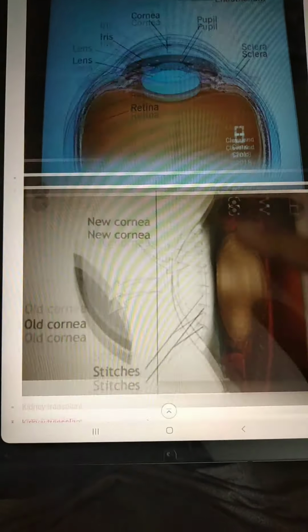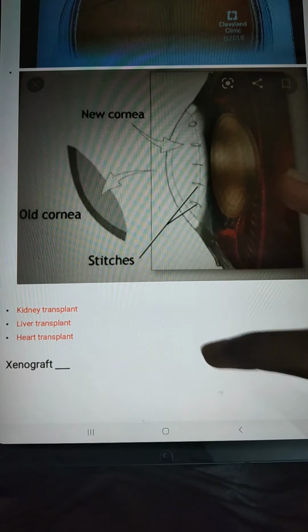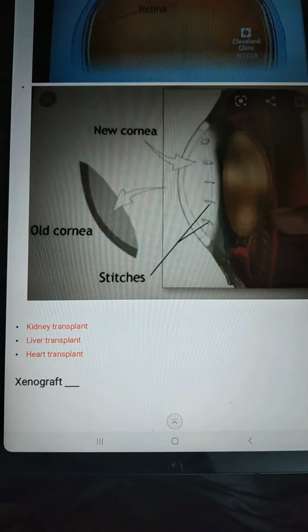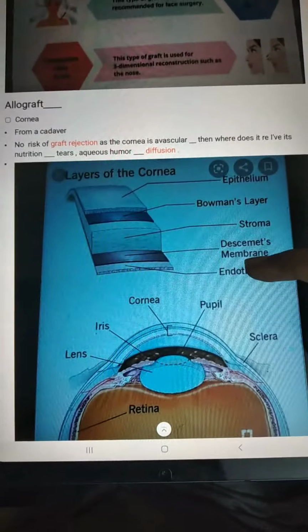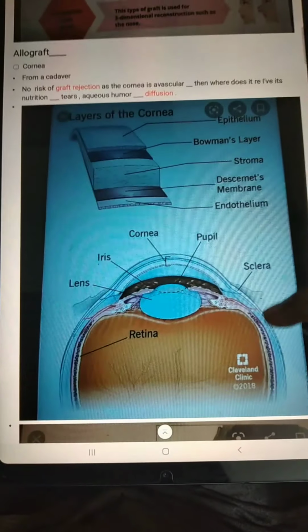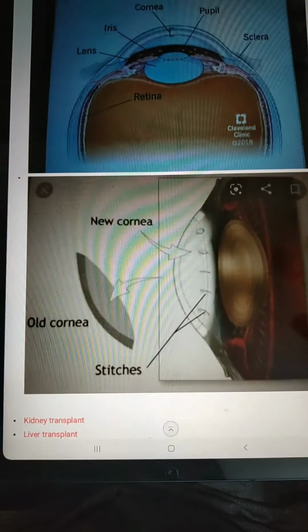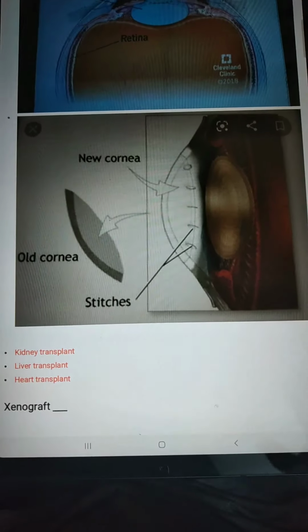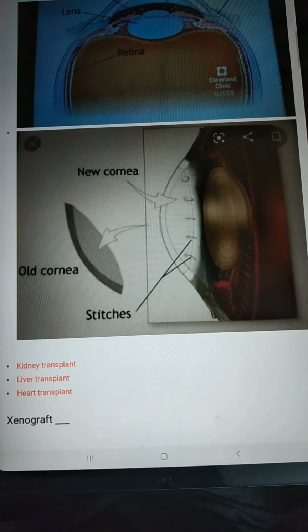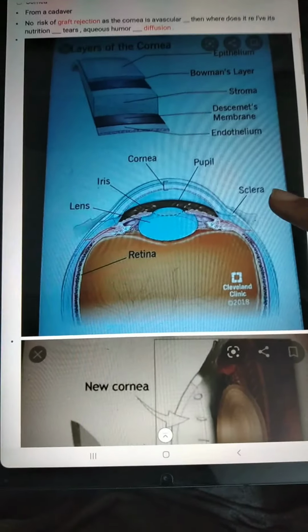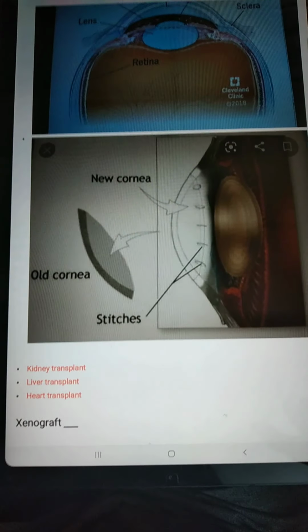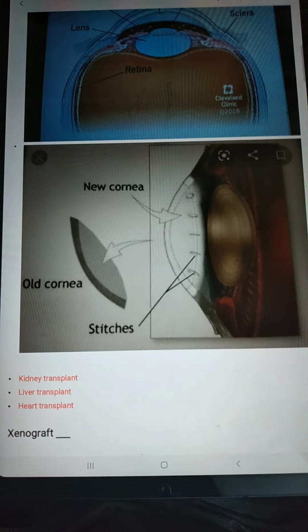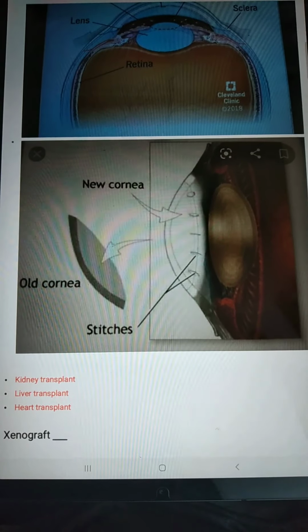Then talking about other allografts: kidney transplantation, liver transplantation, heart transplantation. In liver transplantation, I did mention the Couinaud segments. And in kidney transplantation, if you have to collect it from a living individual, which kidney are you going to prefer? Some might say it is the right and some might say it is the left. That is not the criterion for deciding which kidney is left behind in the donor and which is collected for transplantation. It is based on the GFR, the glomerular filtration rate. The kidney with the higher glomerular filtration rate will be preserved and left behind in the donor, and the other kidney, of which the GFR is less, is going to be taken for